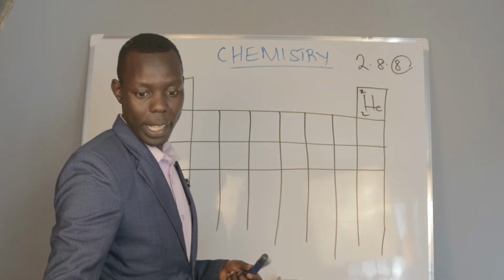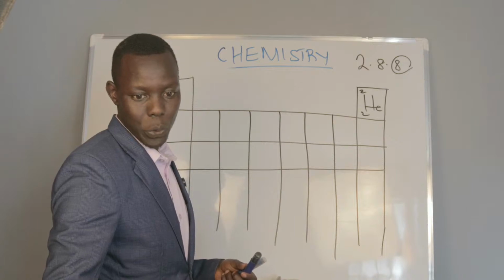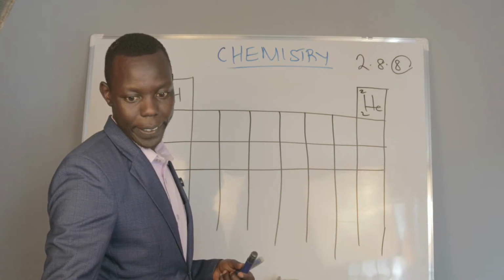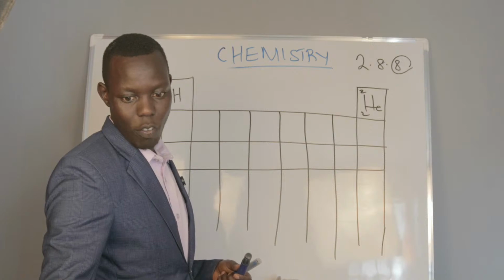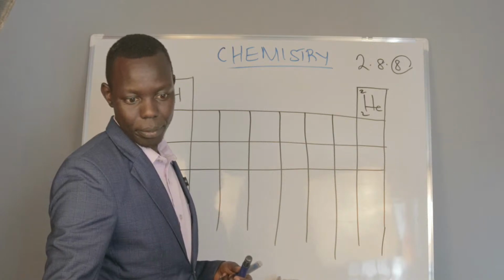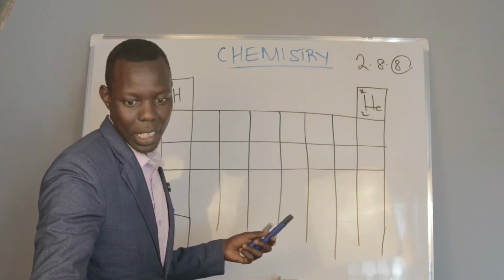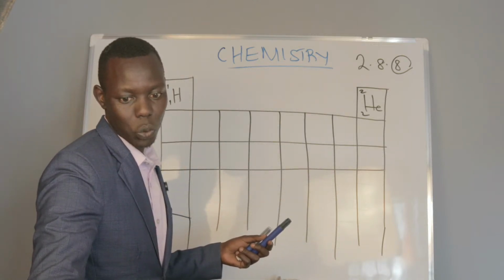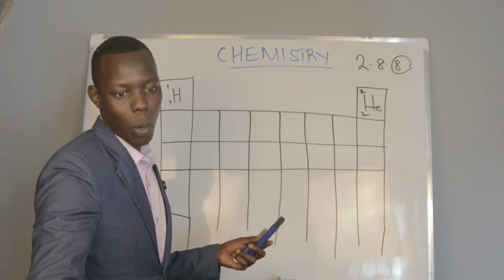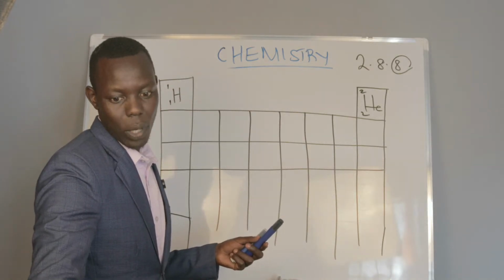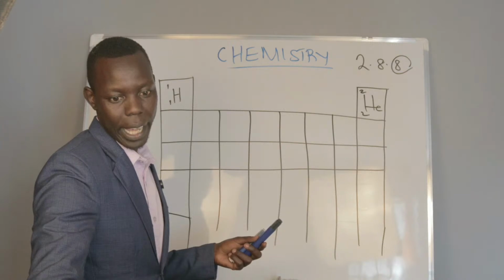Before I continue writing, confirm that you can see what I'm writing. Riri, you are saying you have a question. Which question, Riri? Confirm for me that you can see what I'm writing on the screen. While Riri is typing the question she is talking about, let me proceed as you are confirming whether you can see it.